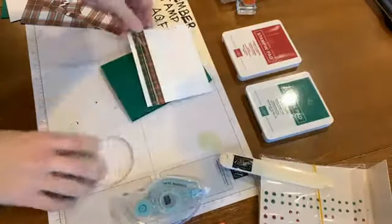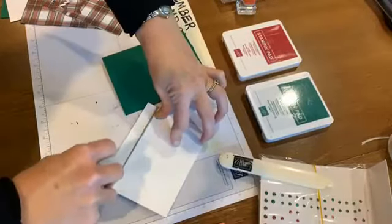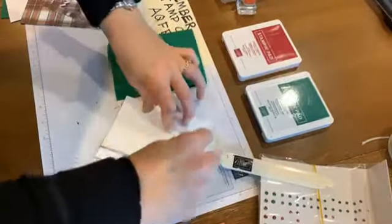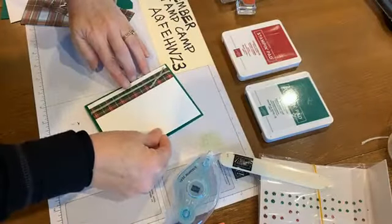Okay, so now we have that around there, and now I'm ready to actually just tape that down. That'll be one layer that I can just get out of the way before I bring over my cut and emboss machine again. So the next thing that I'm going to be cutting out are some circles with